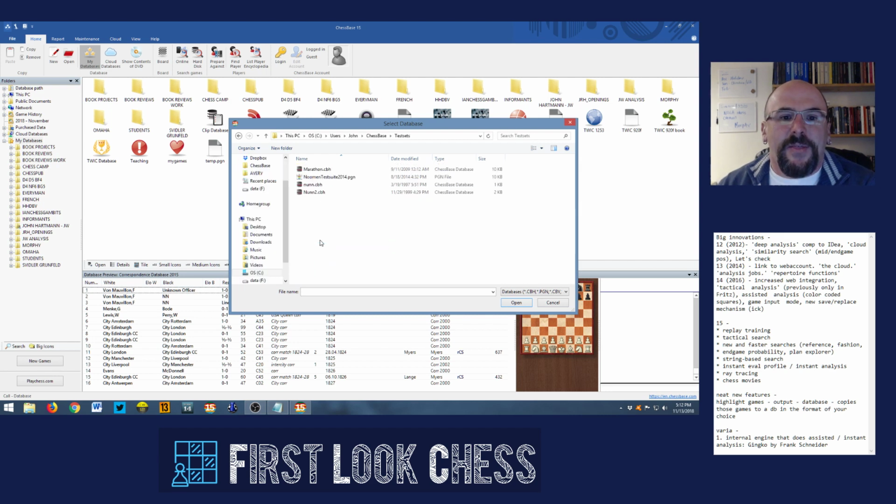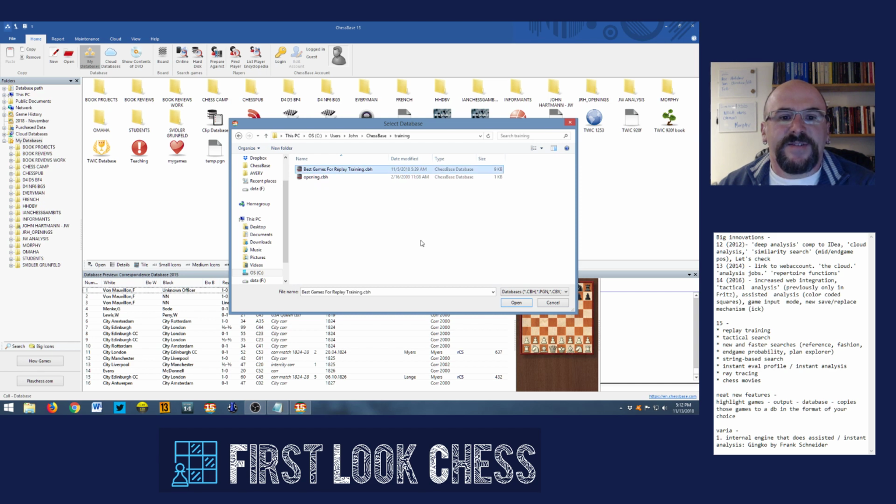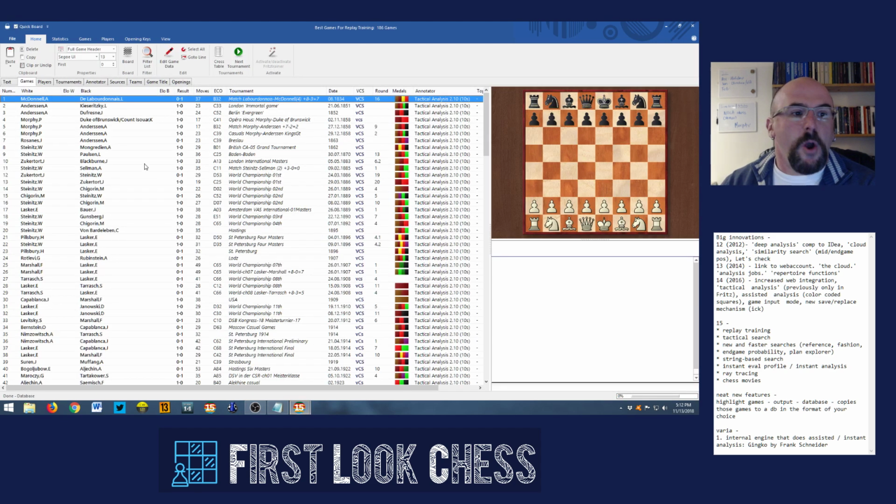They created a, where is it, training? Yes. There's a little database that can be optionally installed. It's called Best Games for Replay Training. It should be in your ChessBase folder under Training if it installs. And it may ask you to install it as additional material or as an additional database when you install the program. So if we open this up, we see a whole bunch of games here that are pre-analyzed